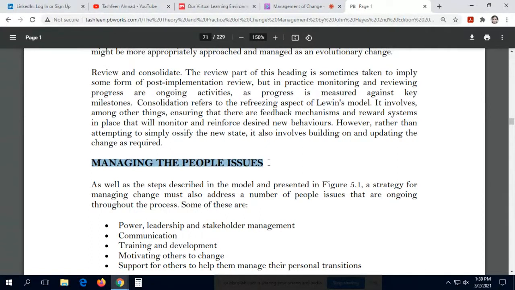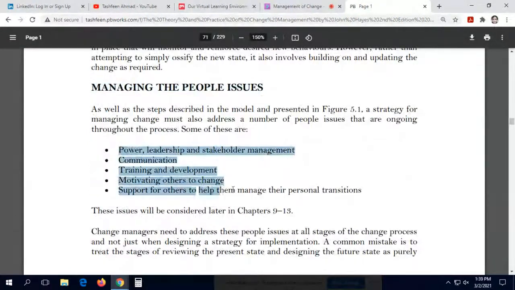Key areas: people issues, people management. This is important because even if you are not looking at change management, whatever you would do, people would be involved in one way or another. So if you are good at managing people's issues, most likely you will be wanted in various industries and for various jobs. Yes. For example, look at these bullet points: power, leadership, communication, training, development,